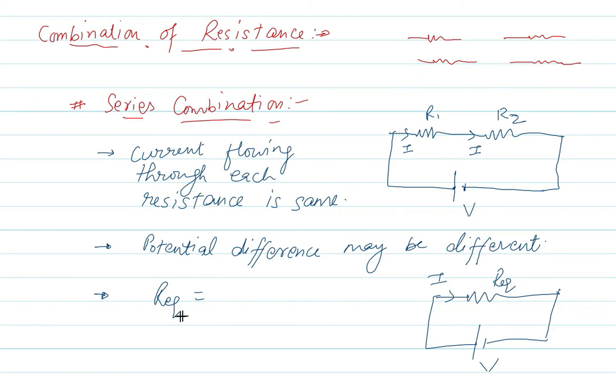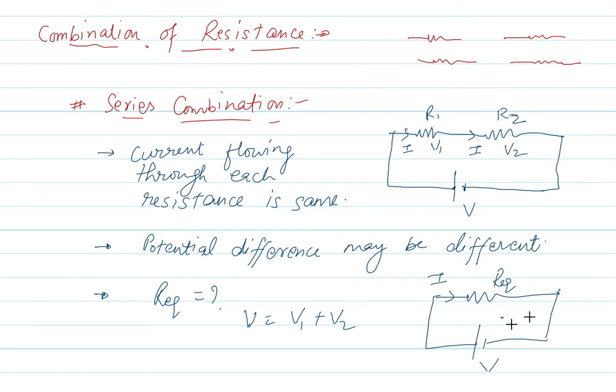So we want to define R equivalent. The concept is that this will draw the same amount of current as is drawn by these two resistances after connecting with the same battery. So current is same, right? Now suppose here the voltage drop is V1 and the voltage drop is V2. So the total potential difference is V1 plus V2, and as per Ohm's law